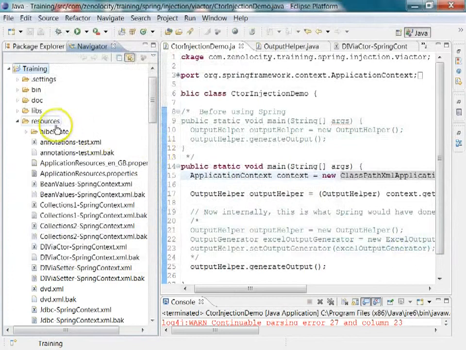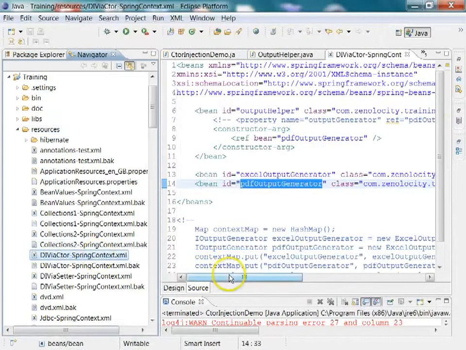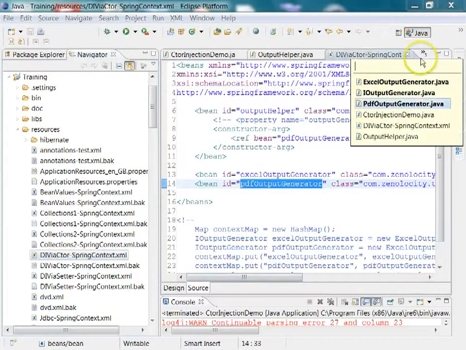And inside the training resources, there is a file called di via constructor spring application context.xml file. And that is how it will get loaded.